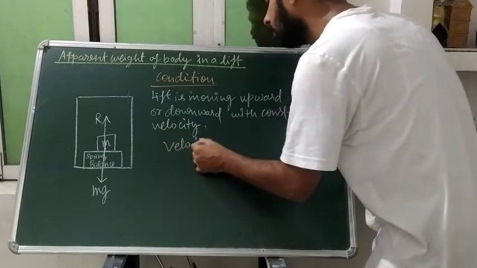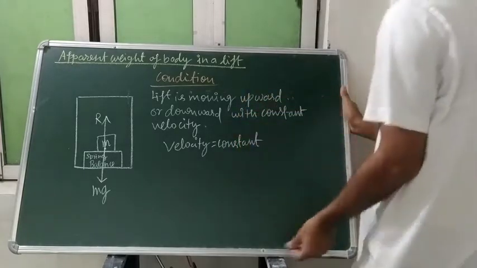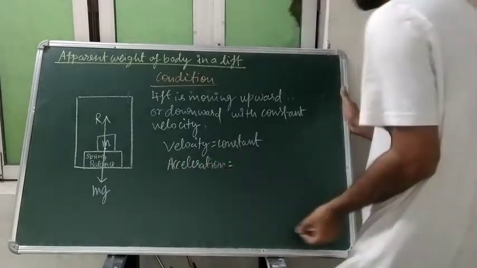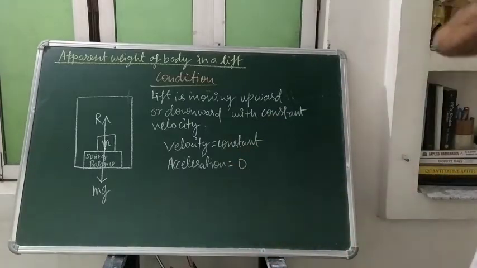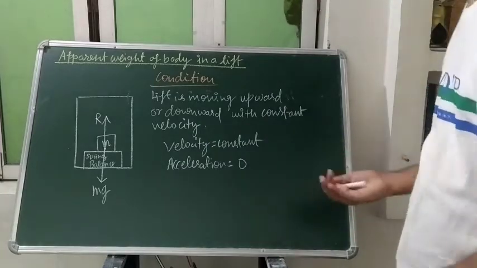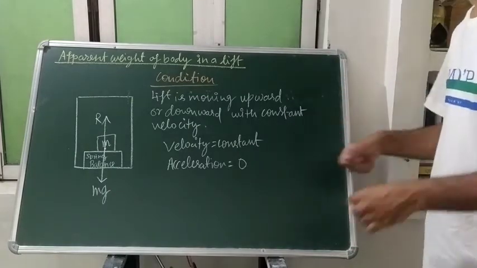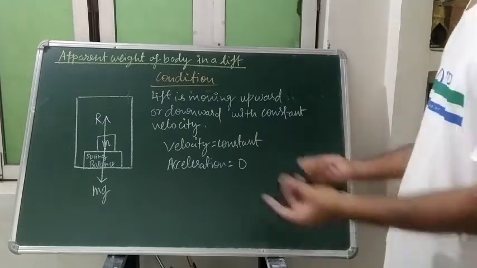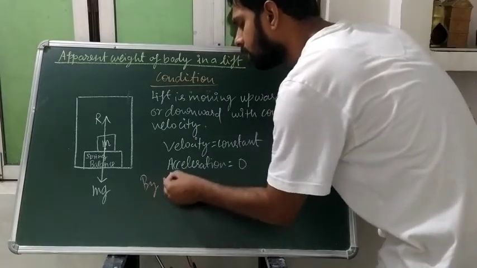So if it is going up or down with constant velocity, the velocity will be what, student? Constant. So when the velocity is constant, what will be our acceleration? Of course, acceleration is the differentiation of velocity, and the differentiation of a constant is 0 only. So acceleration will be 0. Which law will you apply, student? Since acceleration is 0, the body is not accelerating, so the net force acting on that body will be equal to 0. It is our Newton's first law. So by Newton's first law,